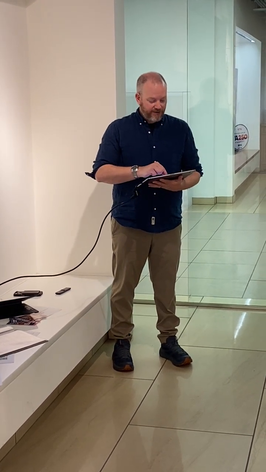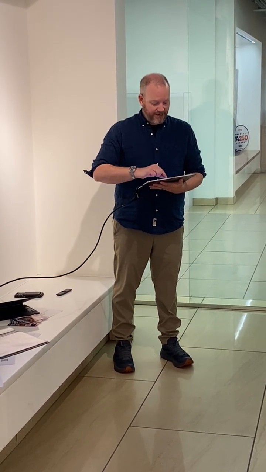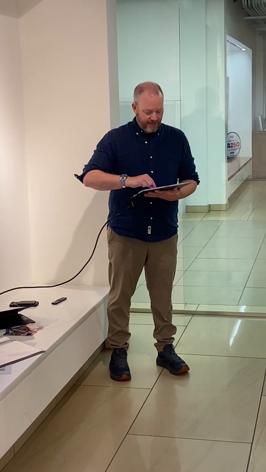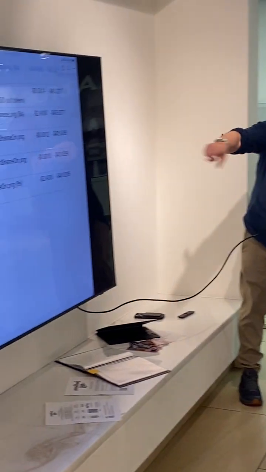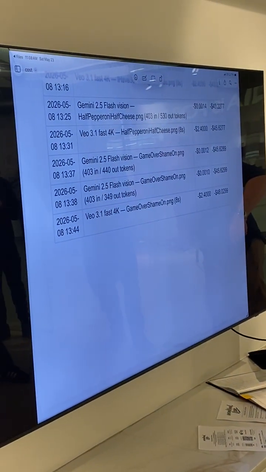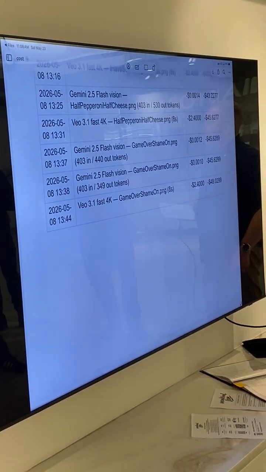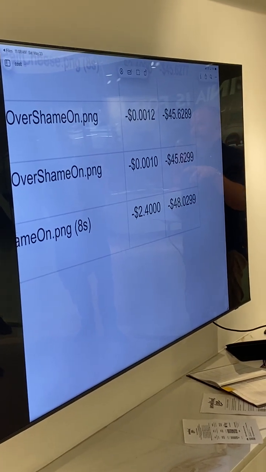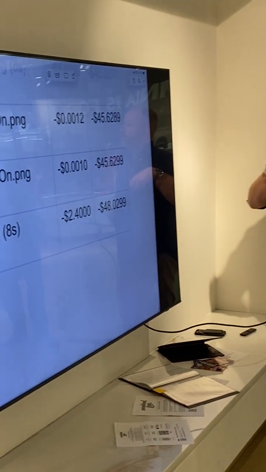And then it uses Veo to create the 8-second clip. And when it was all said and done, I used $48.03 worth of compute to generate what you saw, including what did not show up in the final